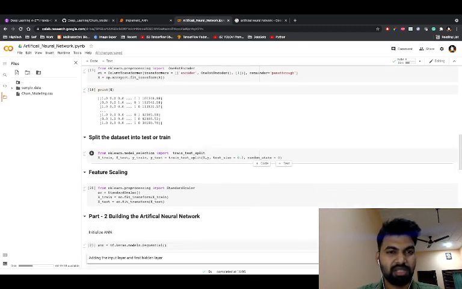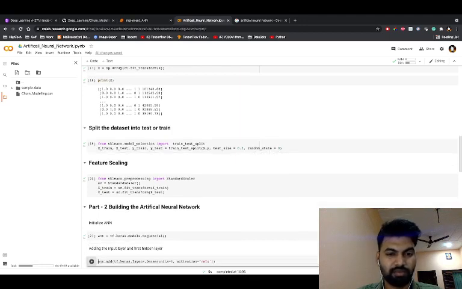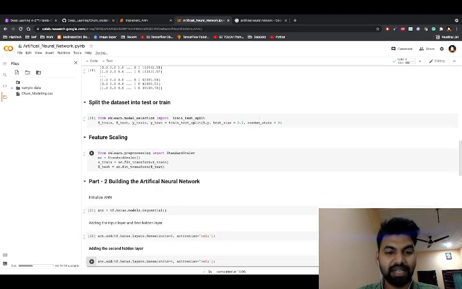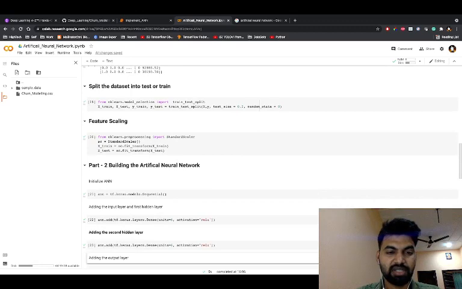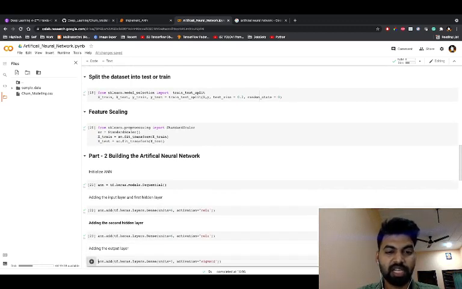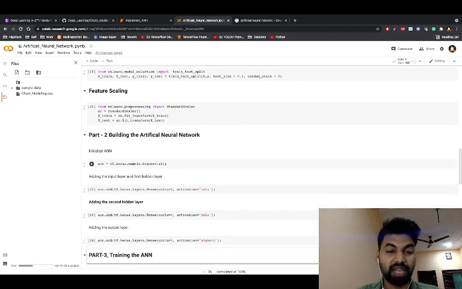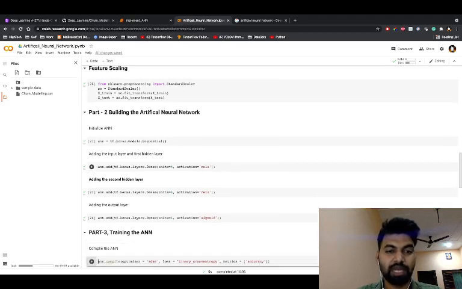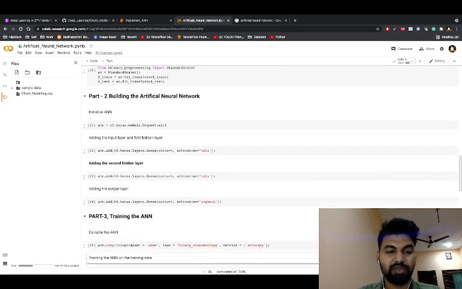So already we have seen this one, and this is the hidden layer. This is the next second hidden layer, where I'm using the activation function as ReLU, and inside the output layer I'm using the activation function as sigmoid, and the size or the length for this layer is 1, right? Units equals 1. This is the training part, where we need to compile. First of all we need to compile this artificial neural network. After the compilation, we need to train, right?